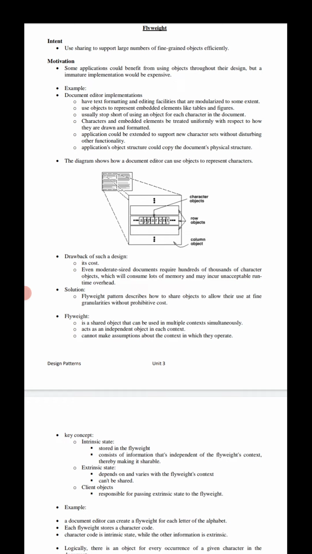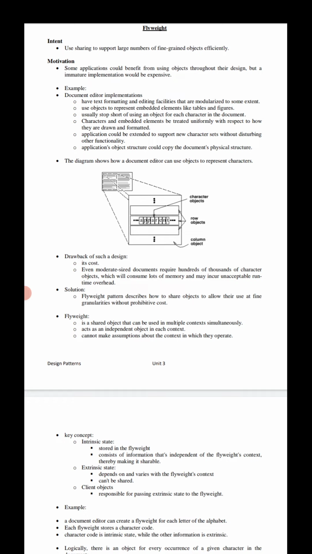It should be very cost expensive, even for a moderate sized document structure, because it requires hundreds of thousands of character objects, which will store a lot of memory and may incur unacceptable runtime overhead. So the particular solution here of this flyweight design pattern is we need to describe how to share objects to allow their use at fine granularities